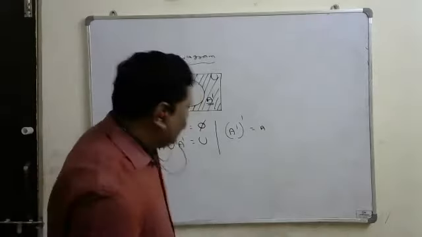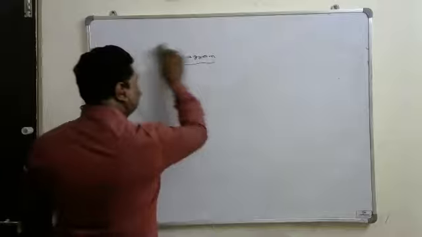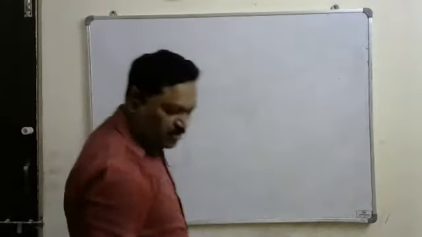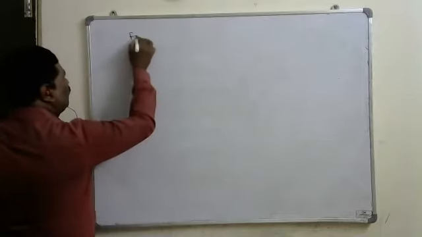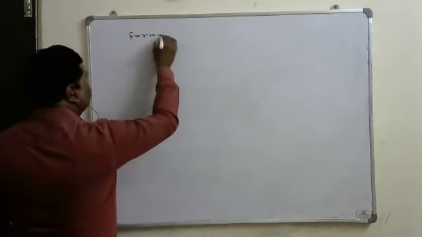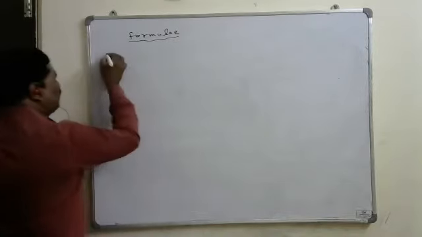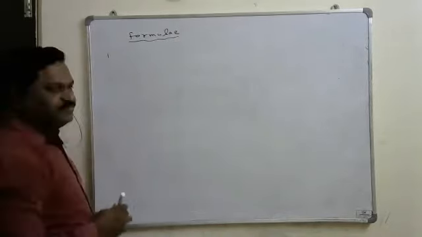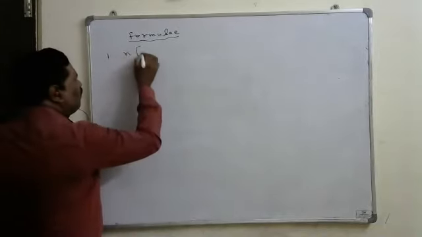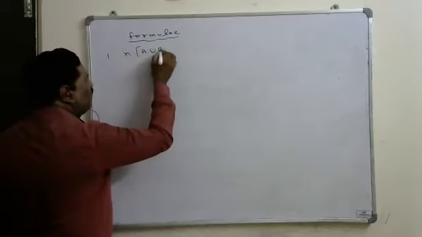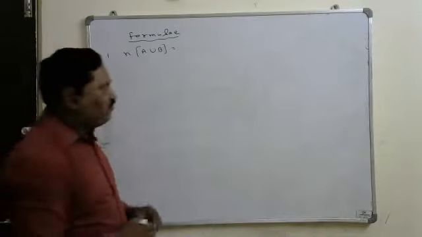Okay. So this is the Venn diagram. So this is the concept of the Venn diagram. Now we will see the formulas on this about the cardinal number of the sets. So these formulas we have to remember. So if you want, you can write in the notes also this formula. The first formula is that I want to write the number of elements in A union B, n of A union B, if you want to find it.